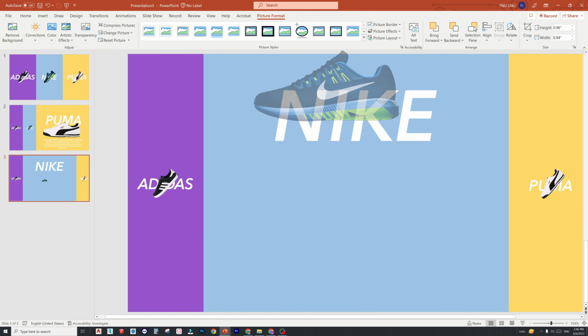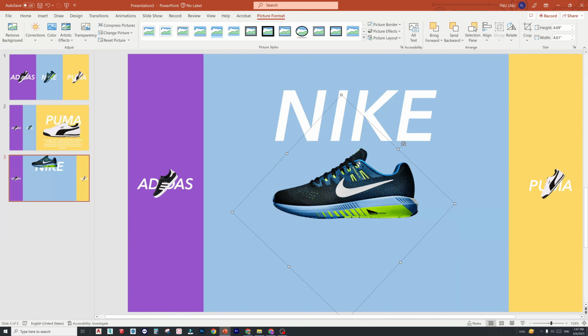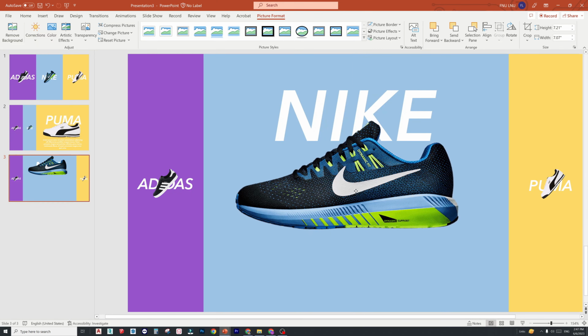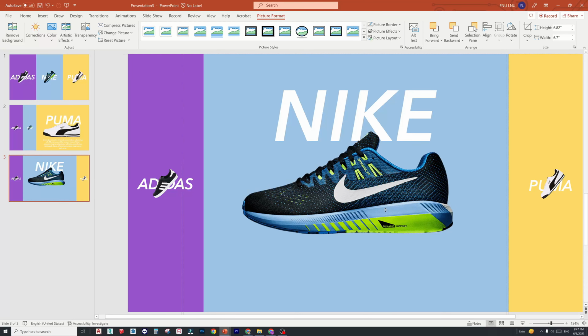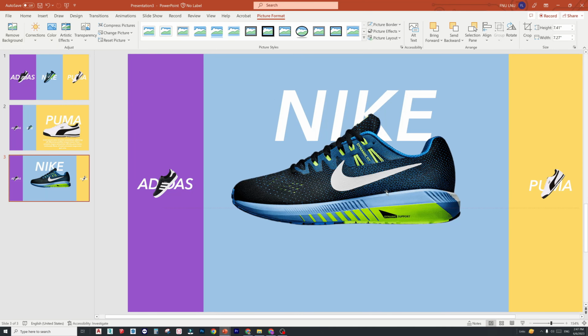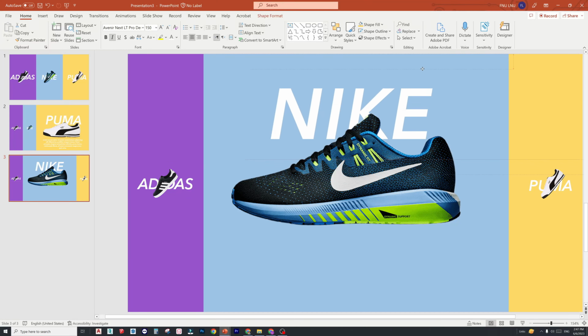Now increase the size of the shoe. Make sure you fit it in the center, like this.